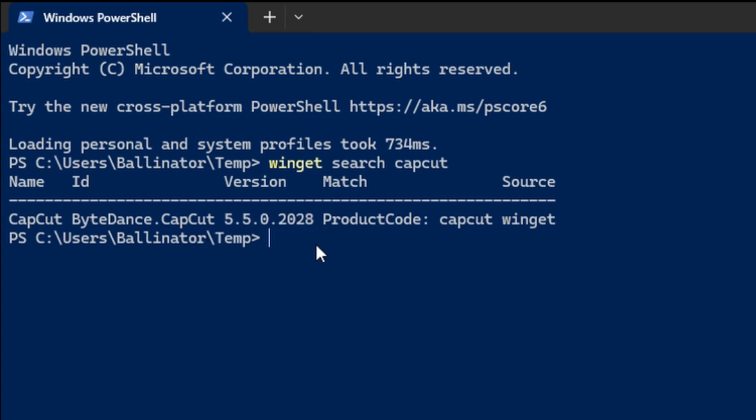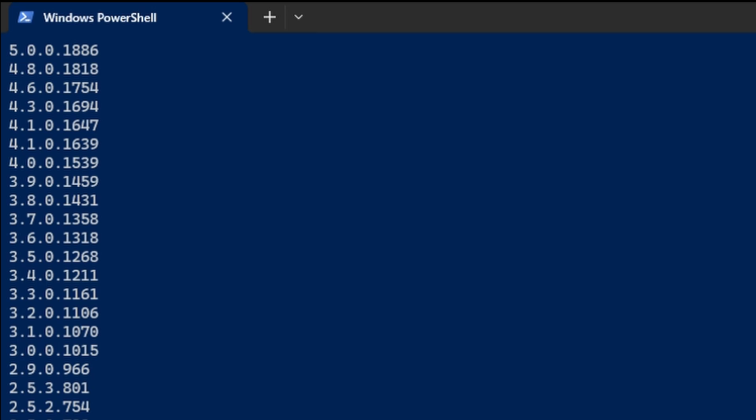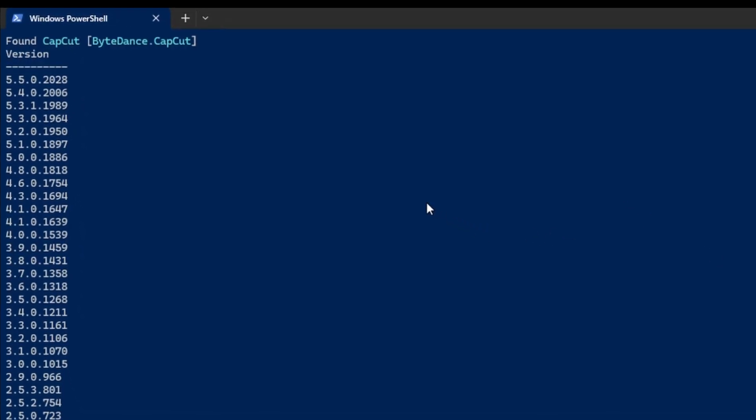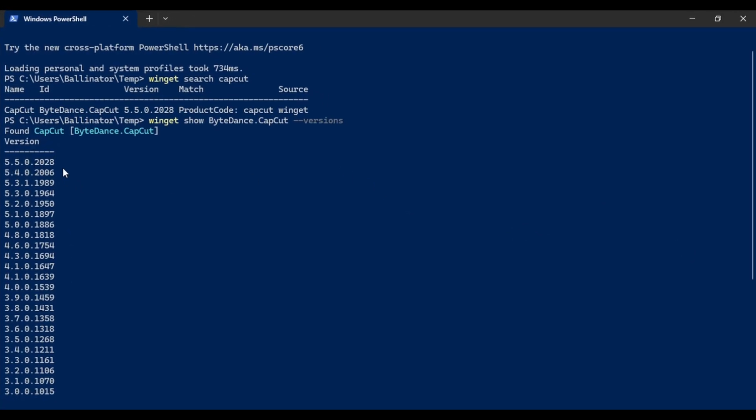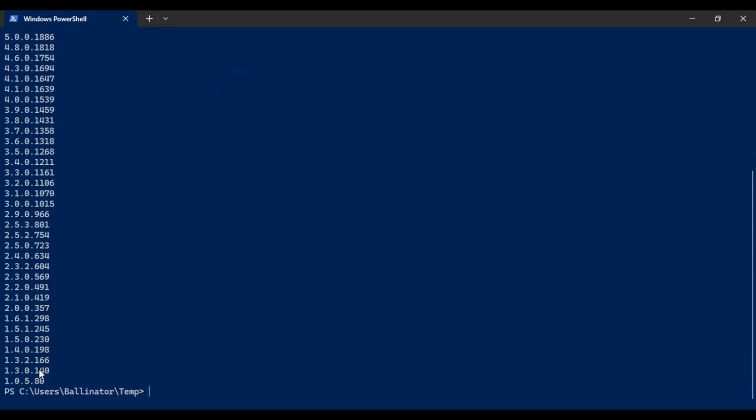So to find the older versions, we need to copy the application ID. That's the ByteDance.CapCut part over here. Then we'll type winget show ByteDance.CapCut --versions. When we press Enter, this will show us a list of all the available versions. And looky here, we have everything from 5.5 all the way down to 1.0. So now we need to pick which version we want to install. I kind of feel like 4.0 is a good balance between the free and pro features,